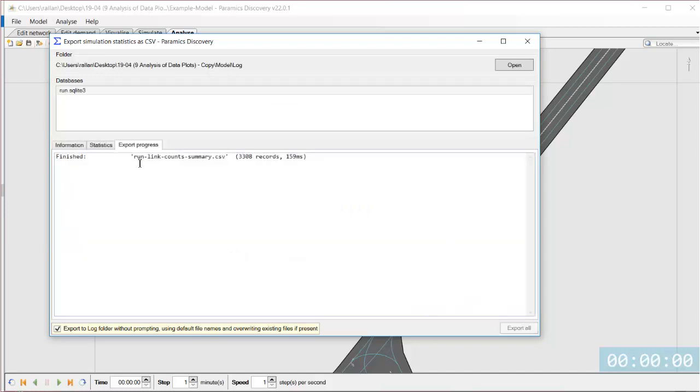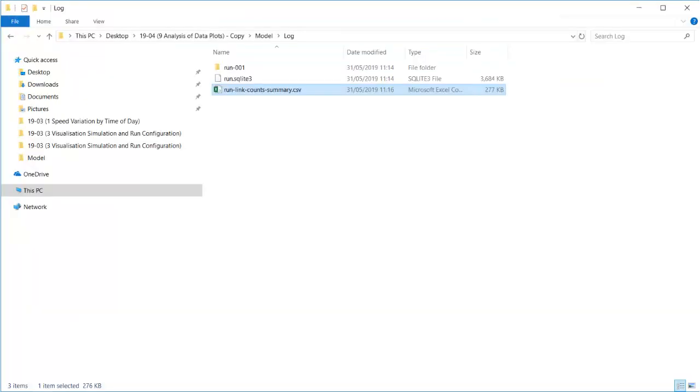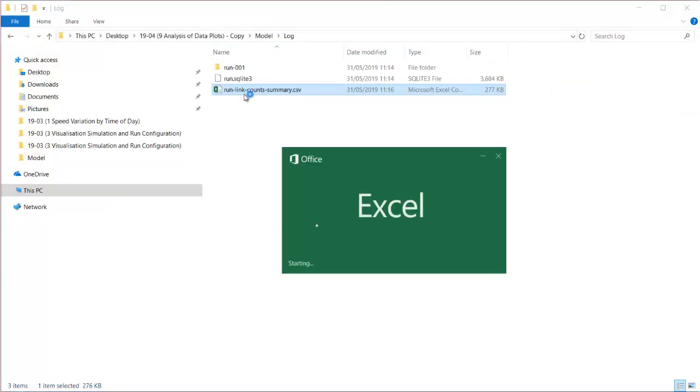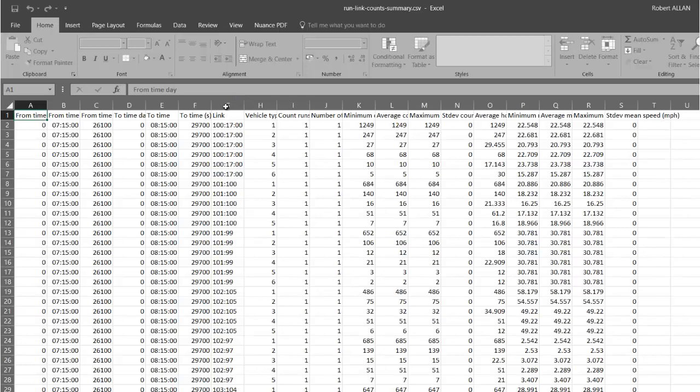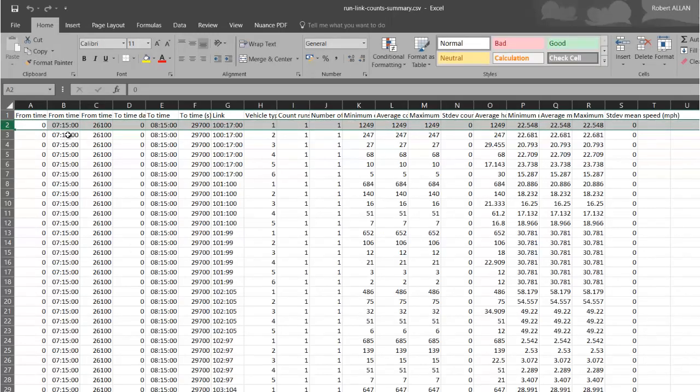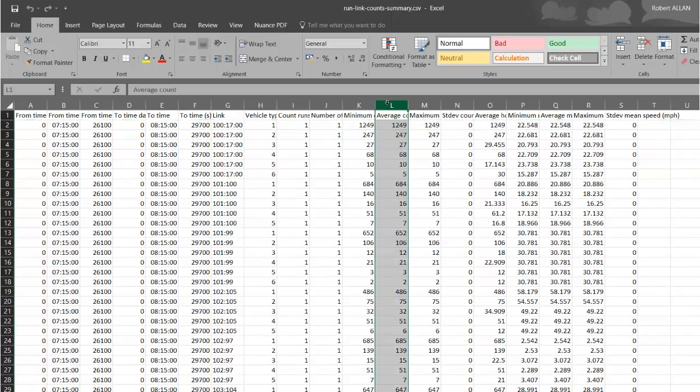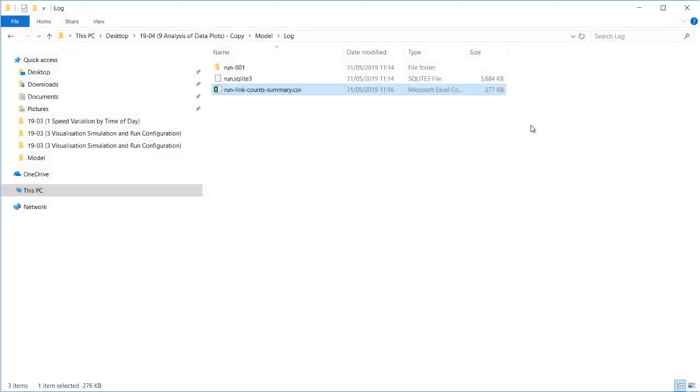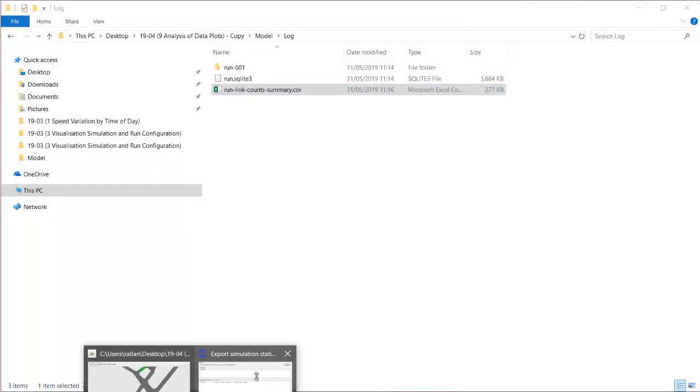So again, just to quickly check, I'm going to select the export button, jump into the background there, open up the file that is exported, and you will now be able to see that the exported data is now between 7:15 and 8:15, with my count data for that particular hour displayed in this particular column. Going back to the model,